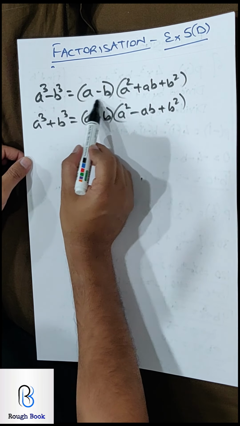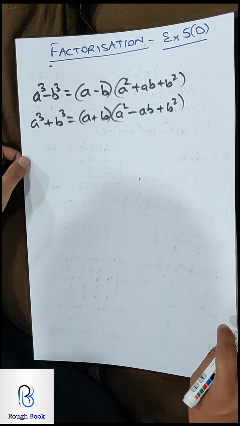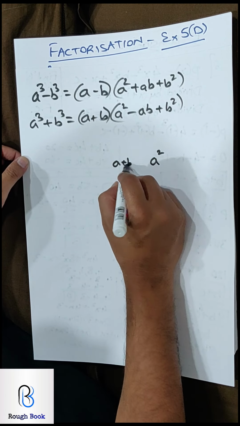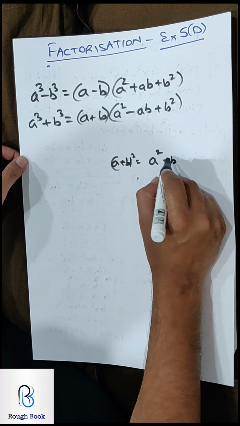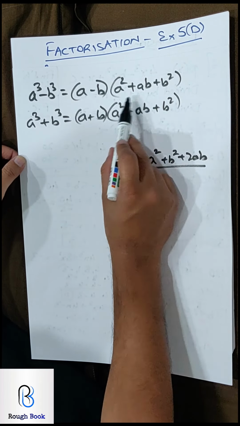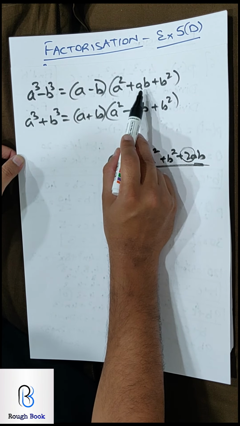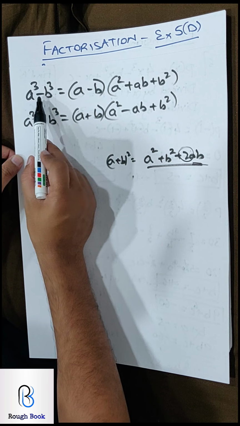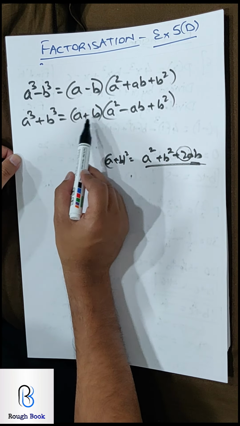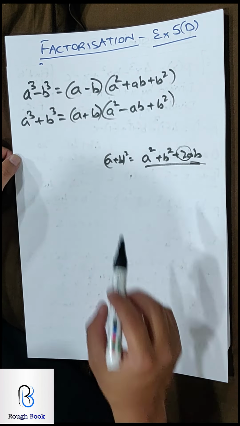If it is A minus B, write A minus B. If it is A plus B, write A plus B. That's number one. Number two, this part. If you remember A plus B the whole square, in that case we used to write A square plus B square plus 2AB. This is similar to that, A square B square. Instead of 2AB there is only AB. That's what you have to remember. Okay, now the signs. If this is minus, then minus plus plus, and if it is plus, then plus minus plus. This is going to be alternate, and in this case first minus, the rest two plus.